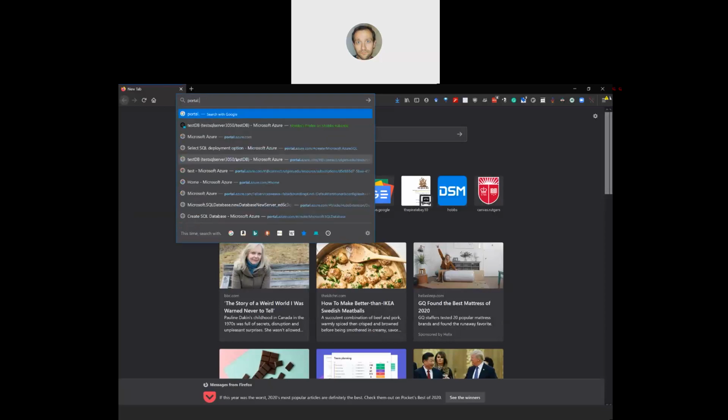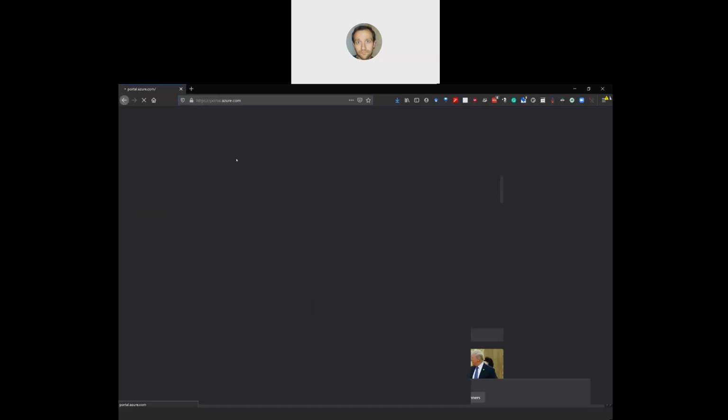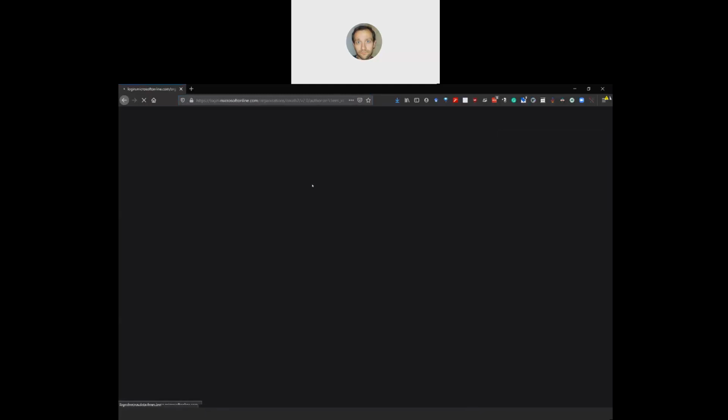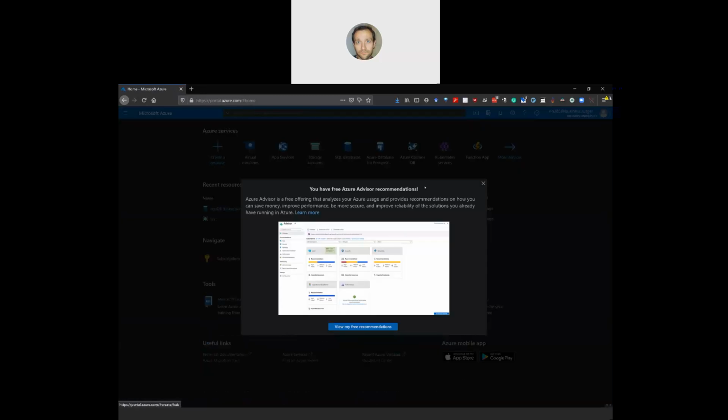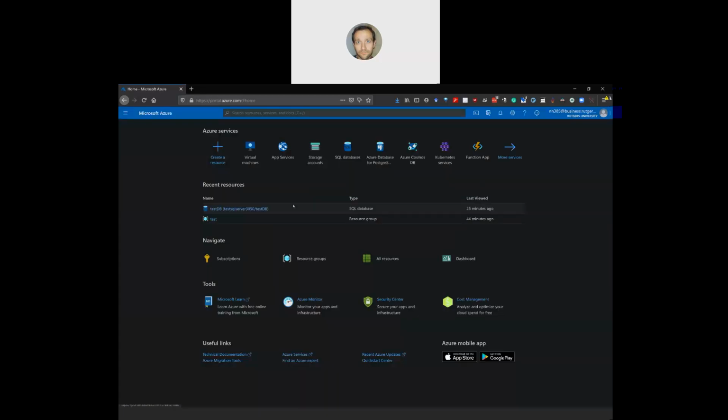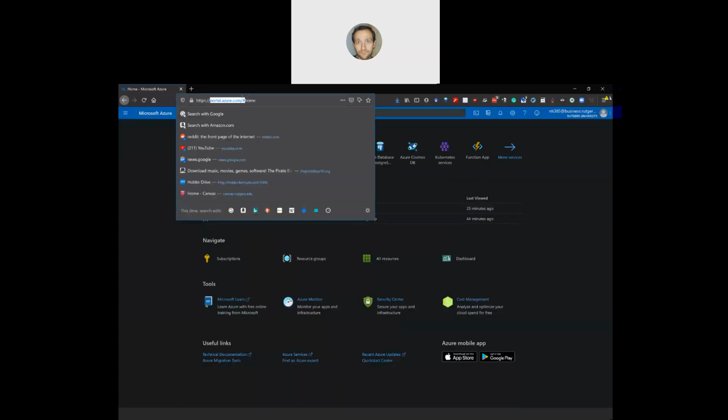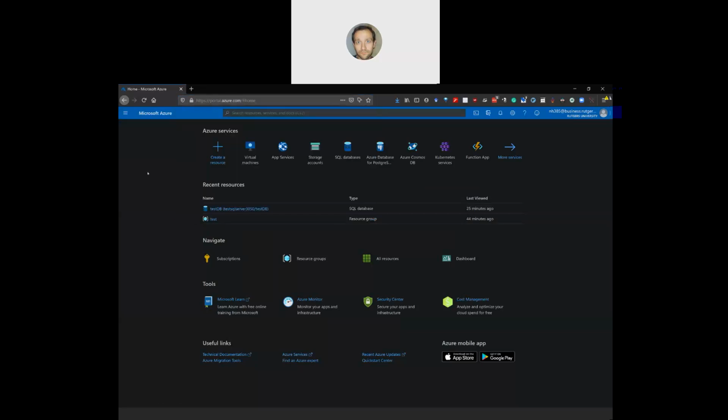If you go to portal.azure.com, here I've already logged in. For you, it should prompt you to log in with your student account or with your Rutgers account, which is what you use to get your student account. And yeah, I don't care about any of that. So if you go to portal.azure.com, Azure is